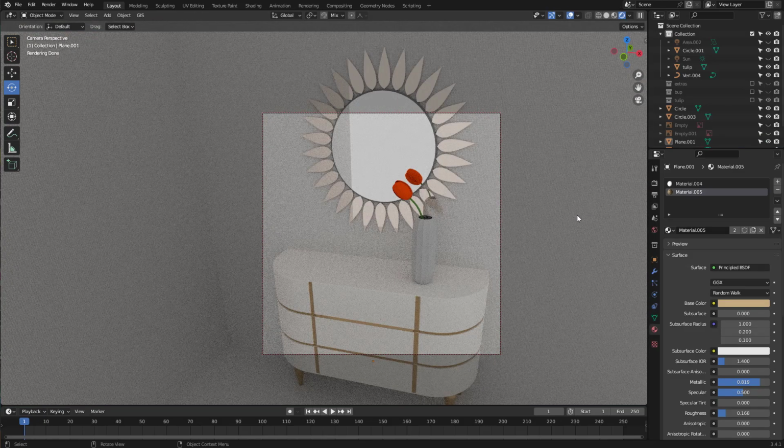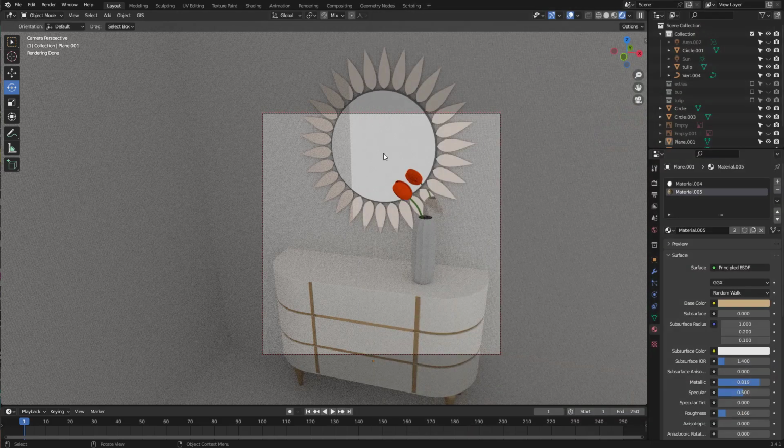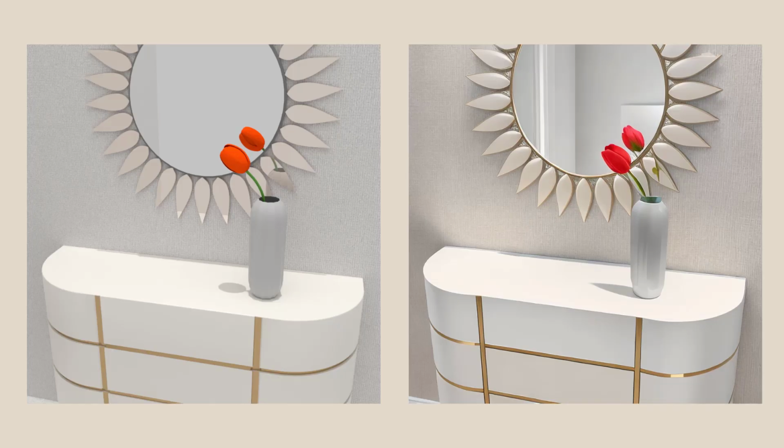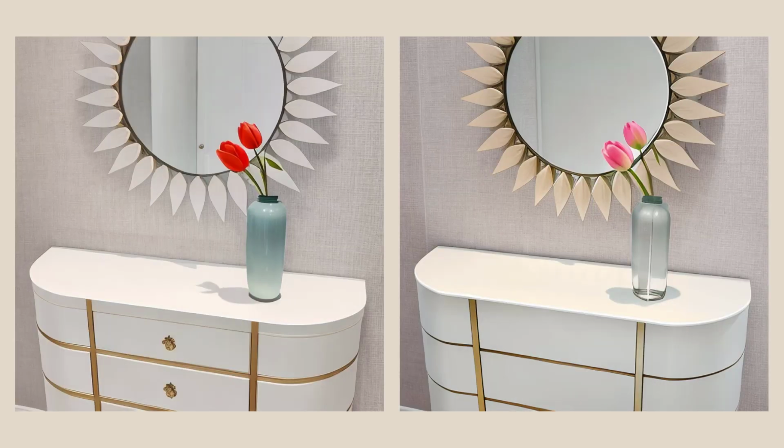Now this is the Cycles render view, and I'll press F12 to render it and use it in Stable Diffusion. Just showing you solid shading in Eevee render. Next one is Cycles render and the first Stable Diffusion outcome. I believe I used a Deliberate model and fiddled with the noise strength. With AI rendering, it's all a trial and error process, but it's definitely very fun to play with.